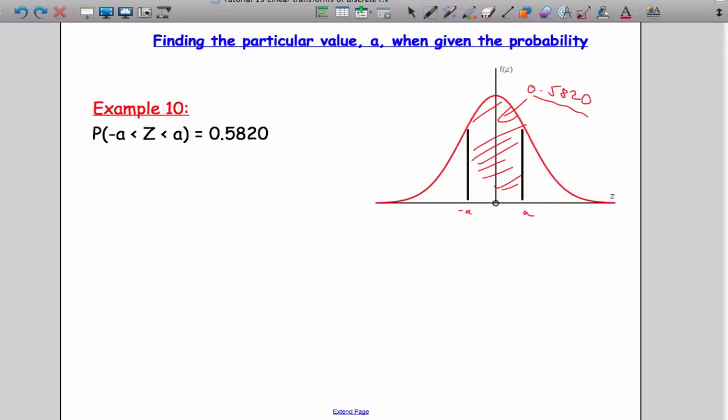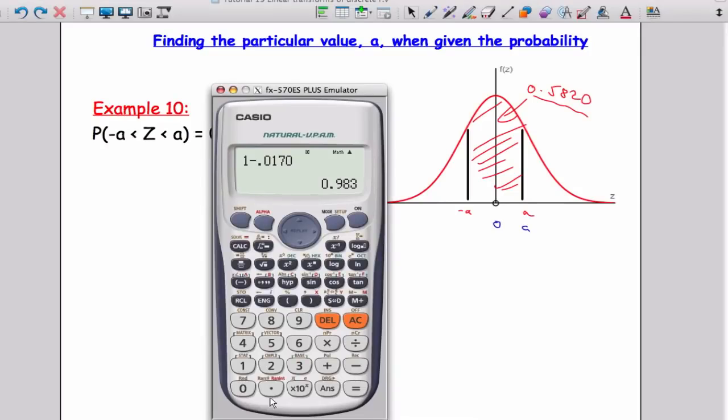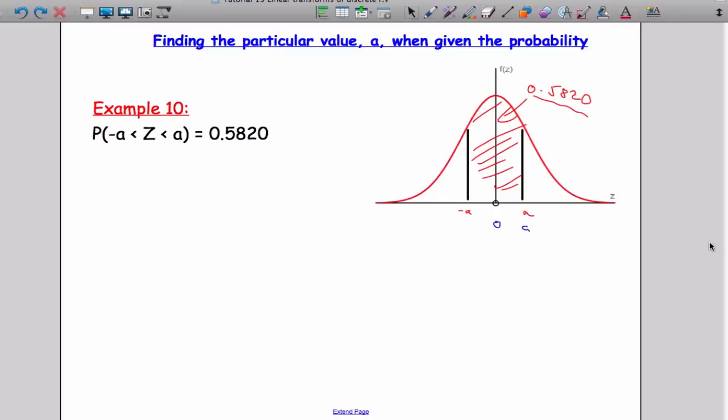So I can work out, let's get a blue pen, I can work out the probability between 0 and A quite easily by halving this area here. So if I take 0.5820 and divide that in half, I get 0.291. So this particular section in here has an area of 0.291,